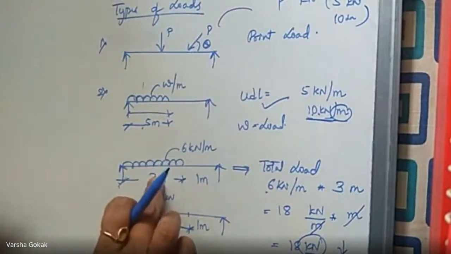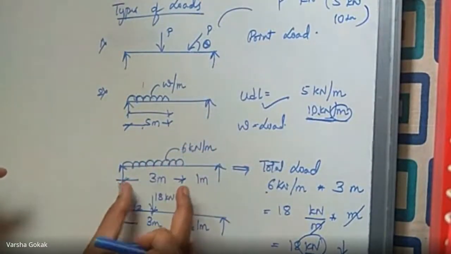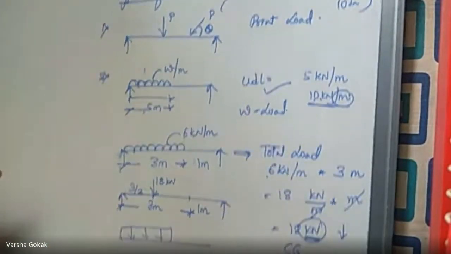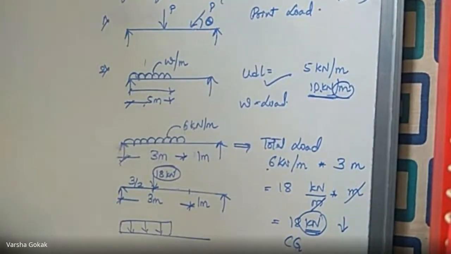So 6 into 3, or whatever the UDL load is, into its length, and place it exactly at half the length, at the center, and it would have been converted to a point load. So this is how we deal with the UDL loads. Okay. Next, I will draw the next one. This is a UDL. So we finished point load and uniformly distributed load. Third one,